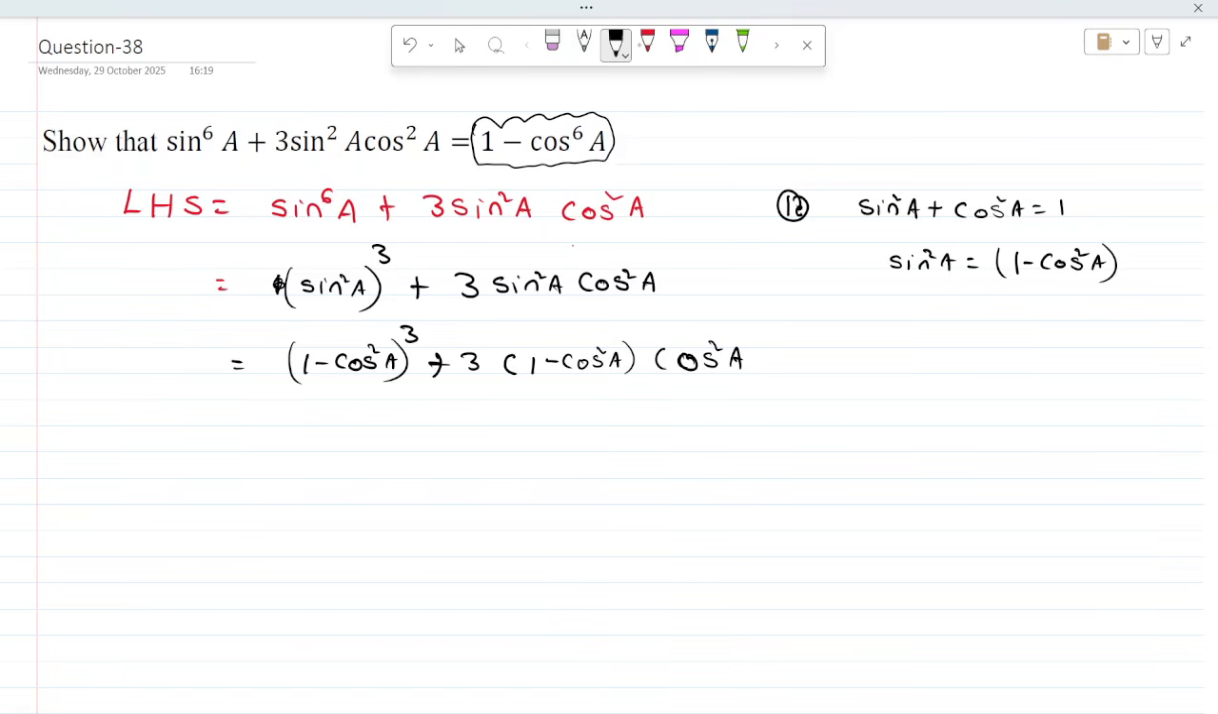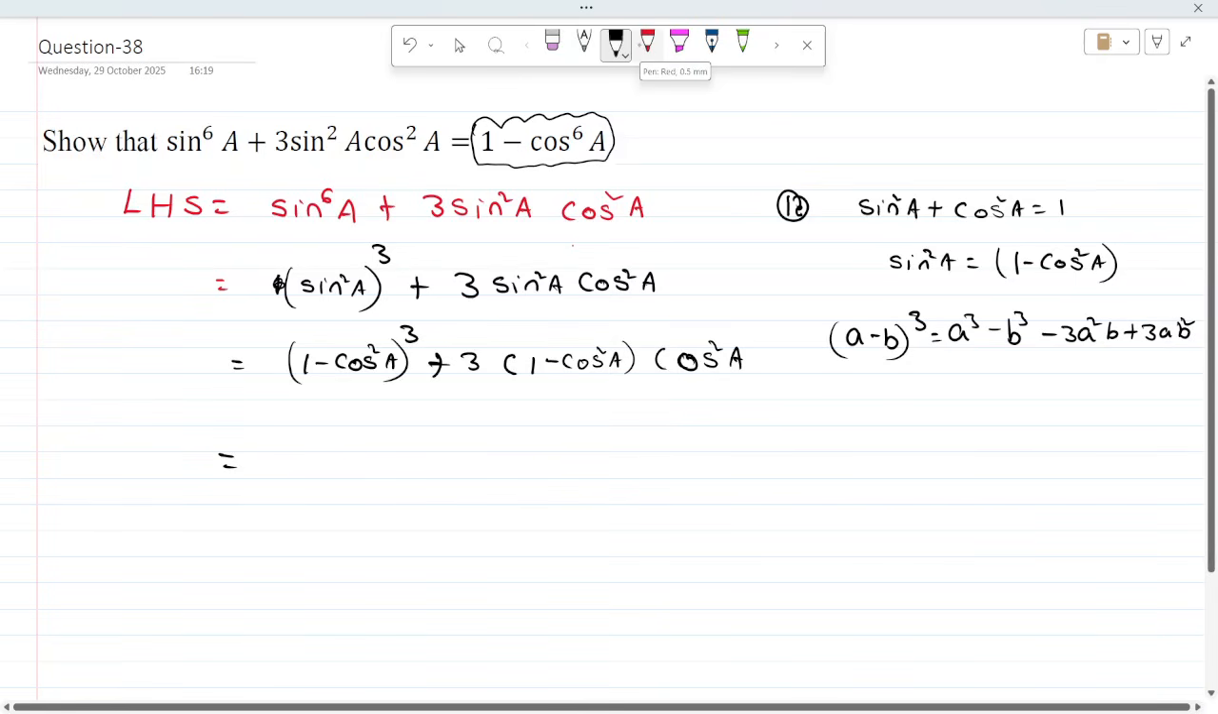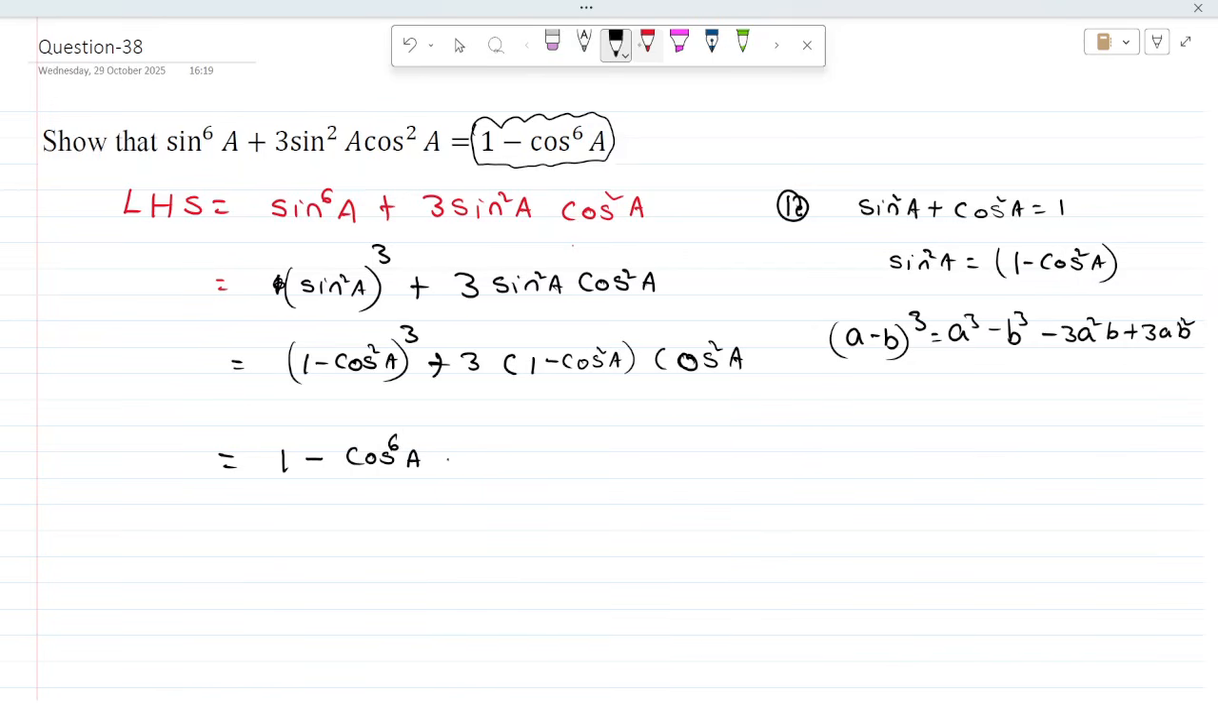Expand now. What do you get here? The a minus b whole cube formula: a cube minus b cube minus 3a square b plus 3a b square. Substitute now. 1 minus cos power 6A minus 3 cos square A plus 3 cos power 4A plus,